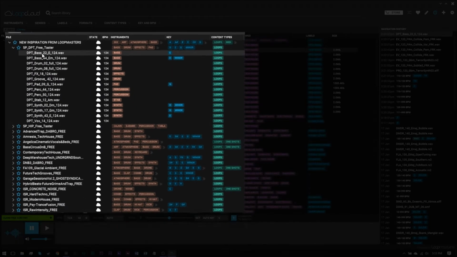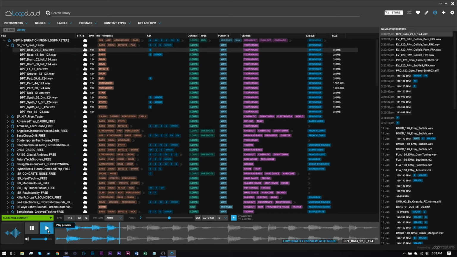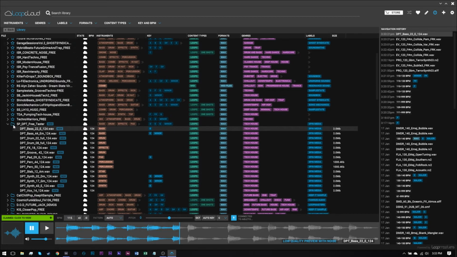So, for example, if I click here, that's a sweet bass line. Now, right now it's in the cloud, so it's not even on my machine. But if I want to download it, all I've got to do is claim free content, and boom, look at that. It's now a folder. It's no longer a star. It's actually a folder, and that means it's inside of my database on Loopmasters,